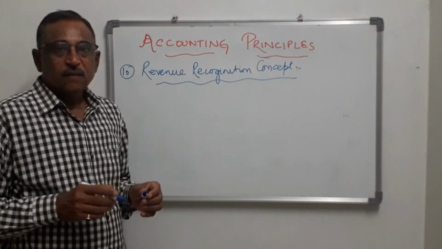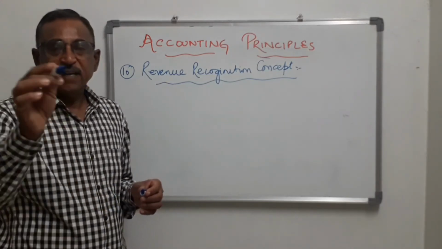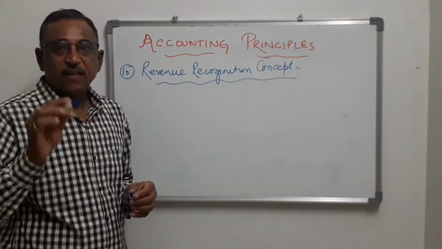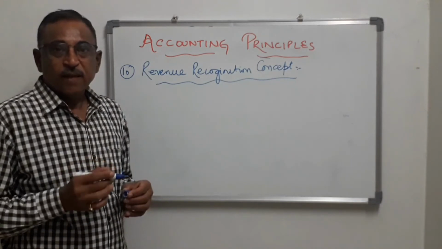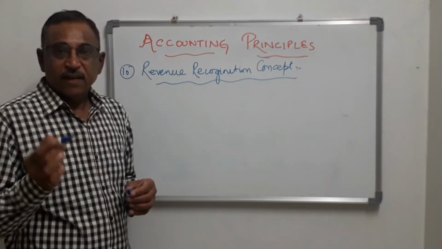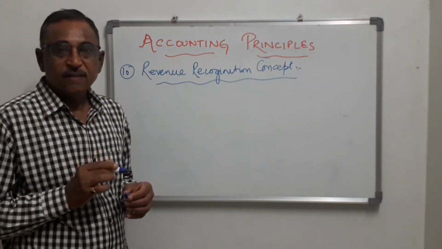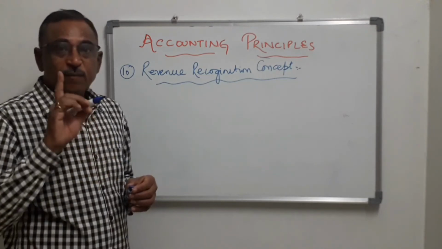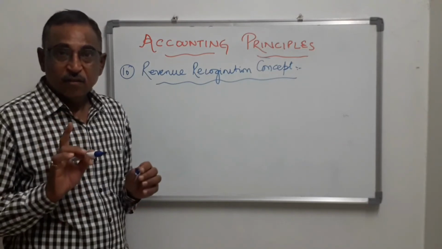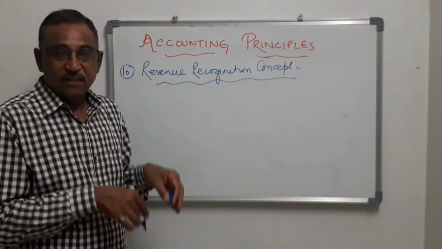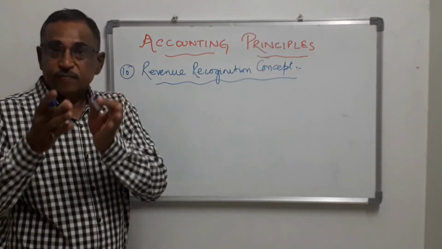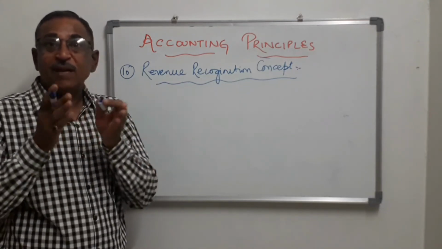Clear? Now let us take another example. You are dealing in furniture and you have received an order for supply of furniture worth 1 lakh in the month of March, and you have received the order in the month of December, and you are given an advance of 10,000. The revenue will be recognized in the month of March when the goods will be supplied, not in the current month, that is in January, when you have received an advance of 10,000. Till actual sales takes place, 10,000 will be your liability.